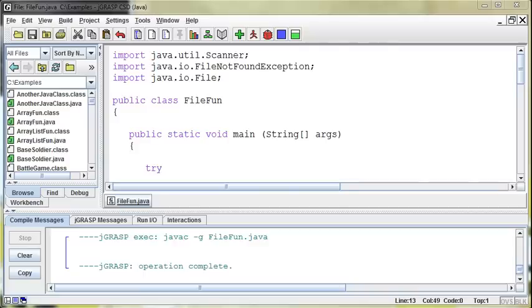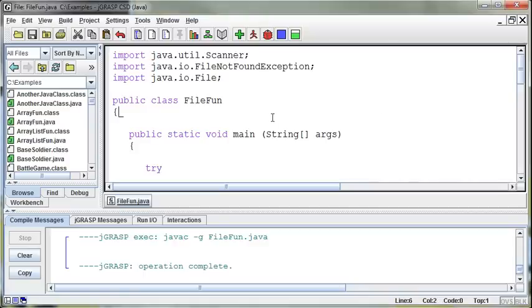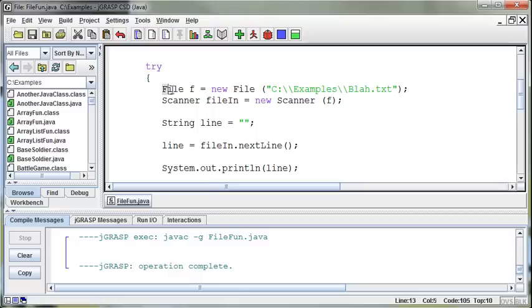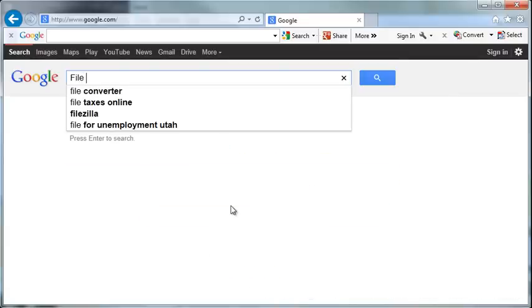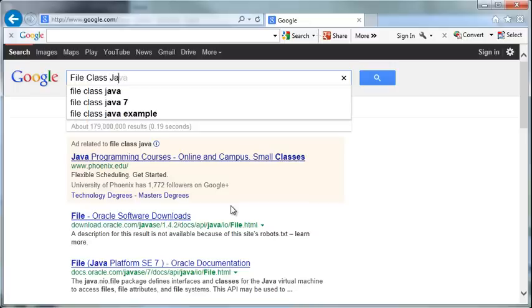All right, so continuing on with this discussion about files, what we've done so far is we have created an instance of a file using the file object. We've given it the path where the file is located, and then it can build the instance from that object. Now, that's not the only option we have available to us. If we go in and say file class in Java,